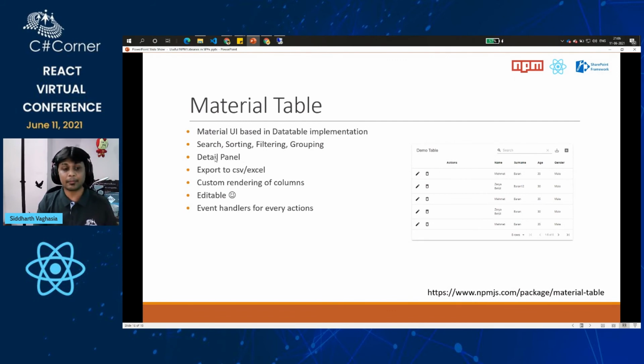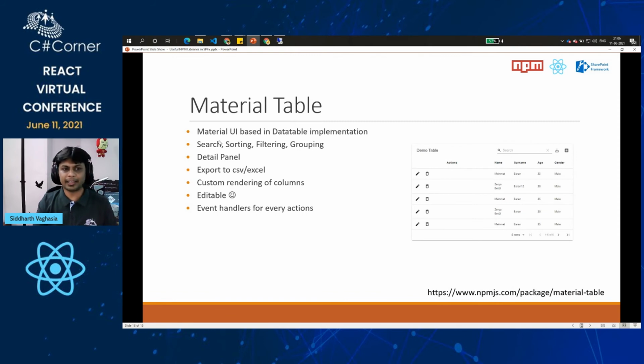Like for example, you can export to CSV and Excel. So by default you can just click on the download button and it gives an option for CSV and Excel, and you don't need to program it, right? Then yeah, definitely there might be an argument that jQuery data tables also do this. But if you are building something on React, and you want something which is supported by React, that is where this particular library will come into the picture.